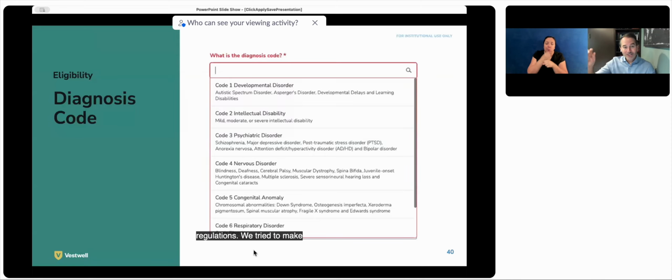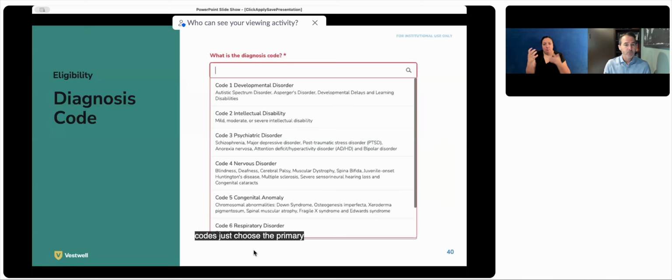There is a place where you could just click and kind of review what these diagnosis codes are. You can see many of them right here. There's only one additional one from here. And you can see underneath there's a list of different disability types that fit under each one. Just get as close as possible. We know some of you might experience disabilities that span multiple codes. Just choose the primary one.